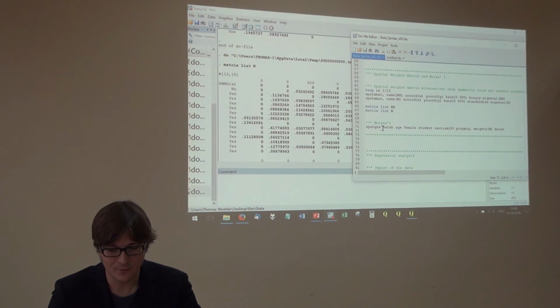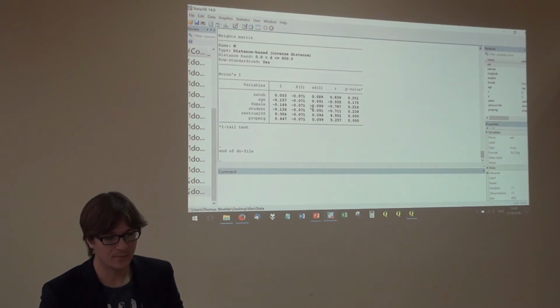After this command, you give all the variables that you are interested in. In my case, this is all the variables I have in the data set. You tell the program what kind of spatial weights matrix you want to use, this is the standardized one that I used, and you say, okay, I'm only interested in Moran's I. And when we run this,